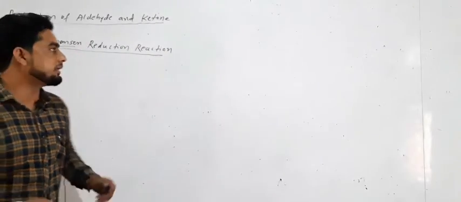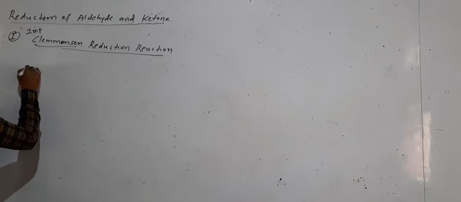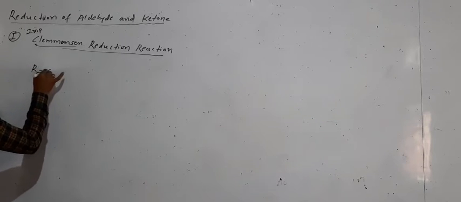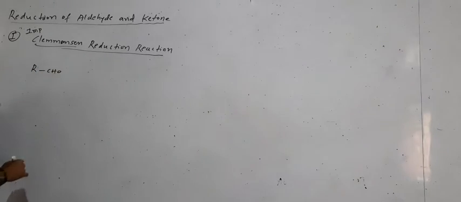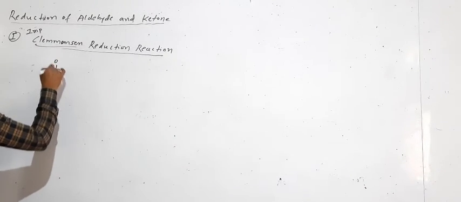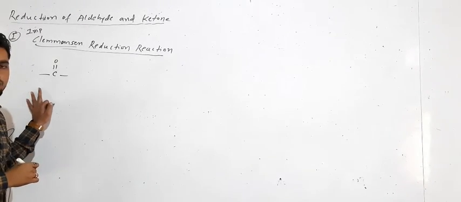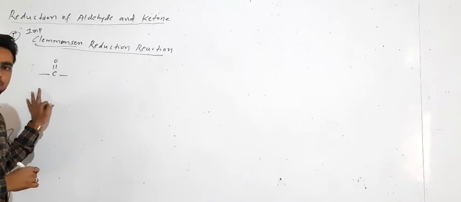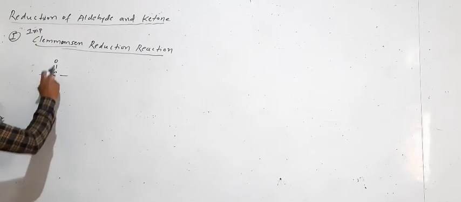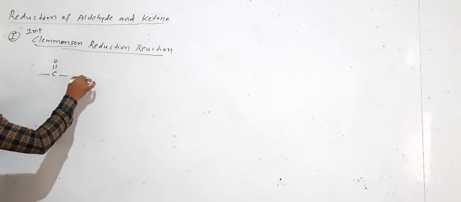Now we take the example here. Especially we take the example of the aldehyde, R single bond CHO, and also the C double bond O group, because the CO group is called the carbonyl carbon. This carbonyl carbon is common in the aldehyde and ketone. आपको पता है बेटा कि CO group जो है वो aldehyde में भी है और ketone में भी है, तो यहाँ पे इसको रिएक्ट करेंगे कैसे बेटा?